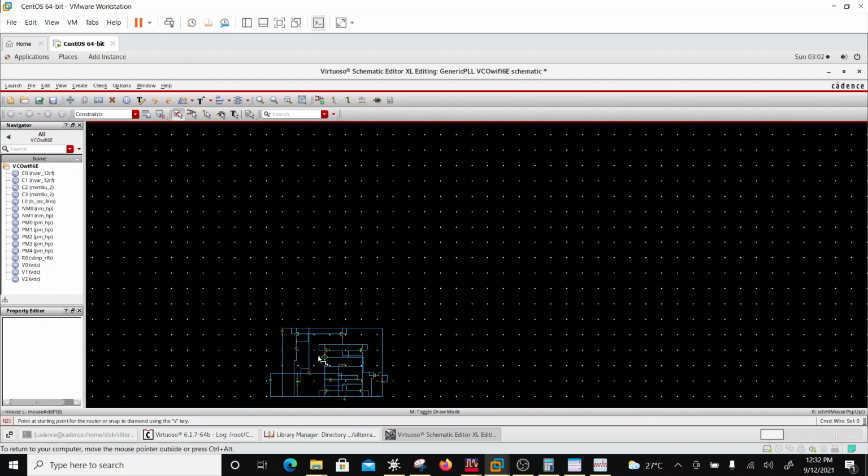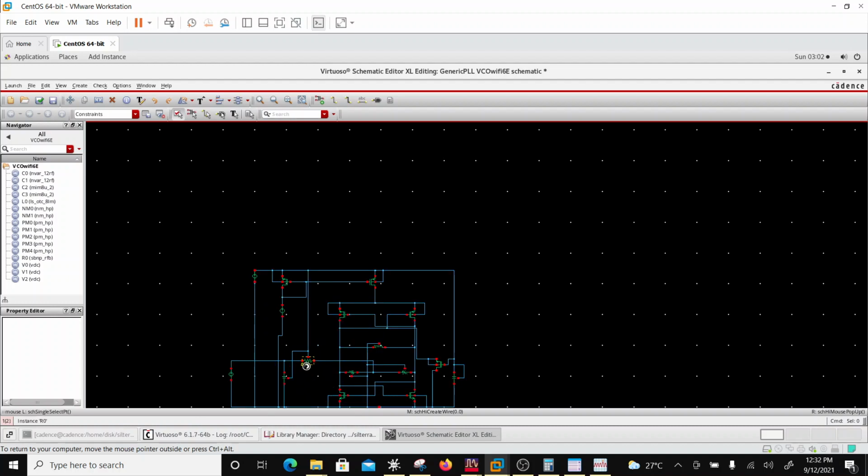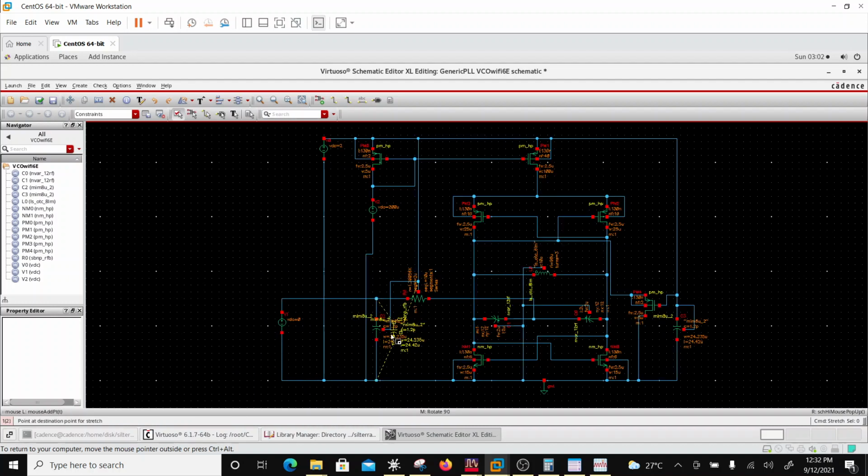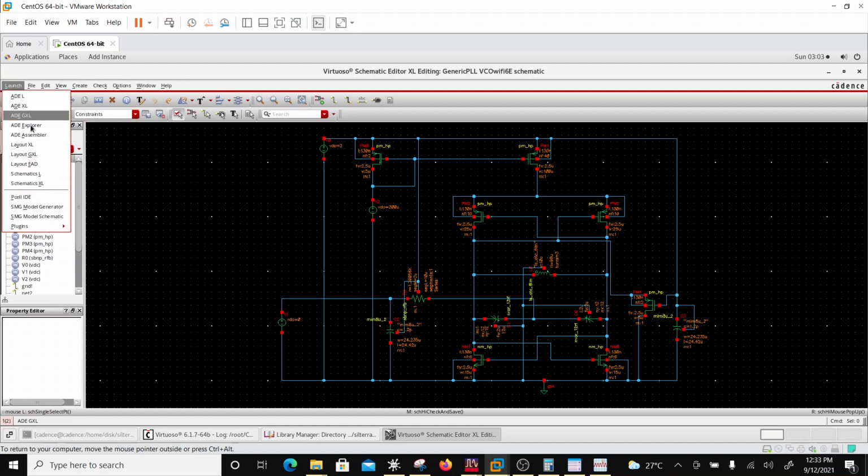Of course, let me put it here. Let me check the connections. The current mirror is going to put current into this, and that current basically is going to divide into 2. There's a startup circuit. These are cross coupled, PMOS and NMOS, sufficient sizes, and if I do a check and save at this point, that's perfectly fine. Right, now I'm ready for simulations, so I'm going to launch the simulator,